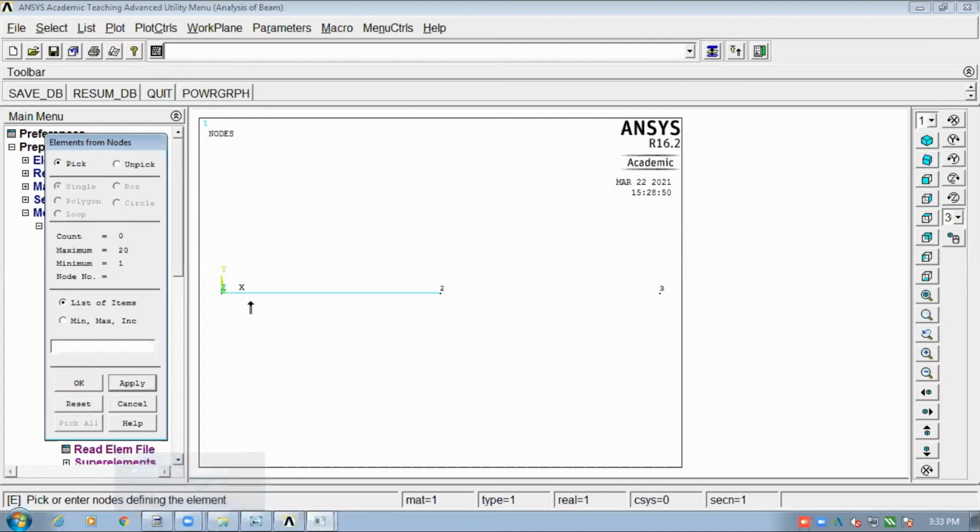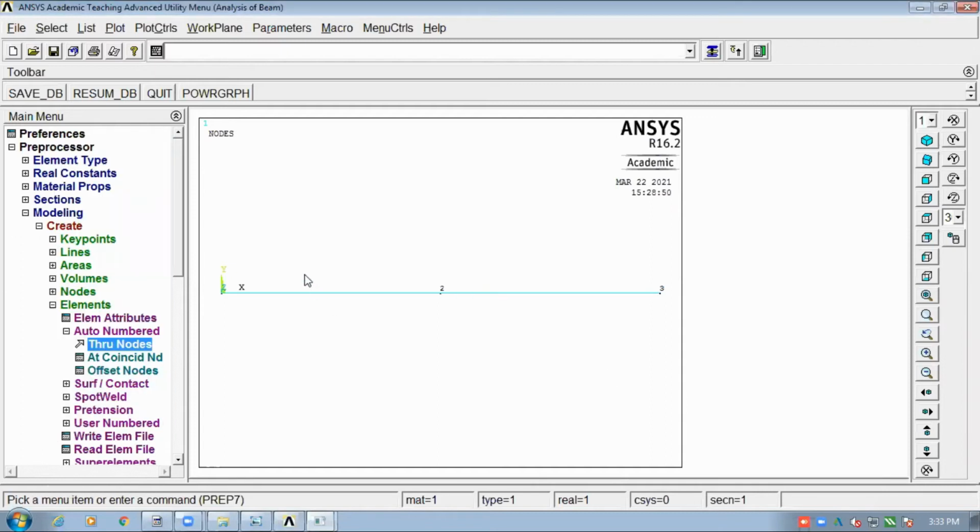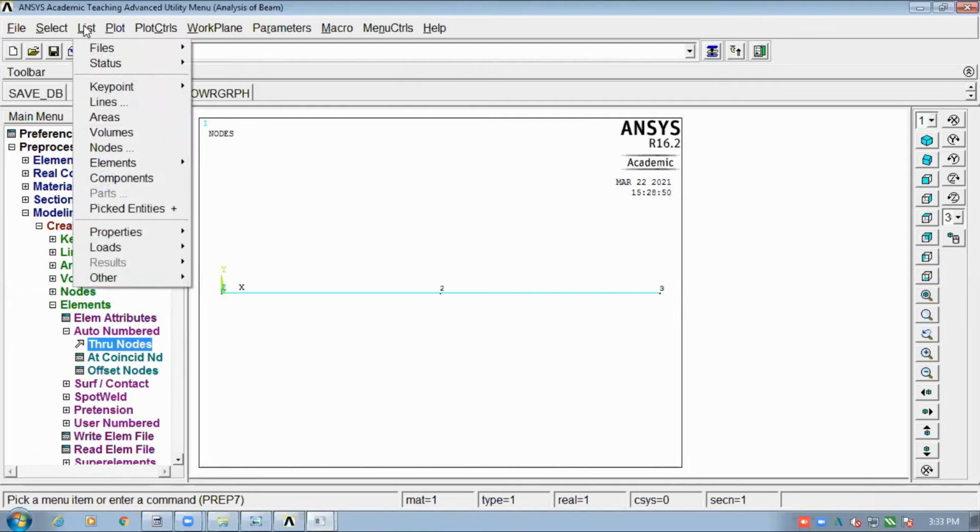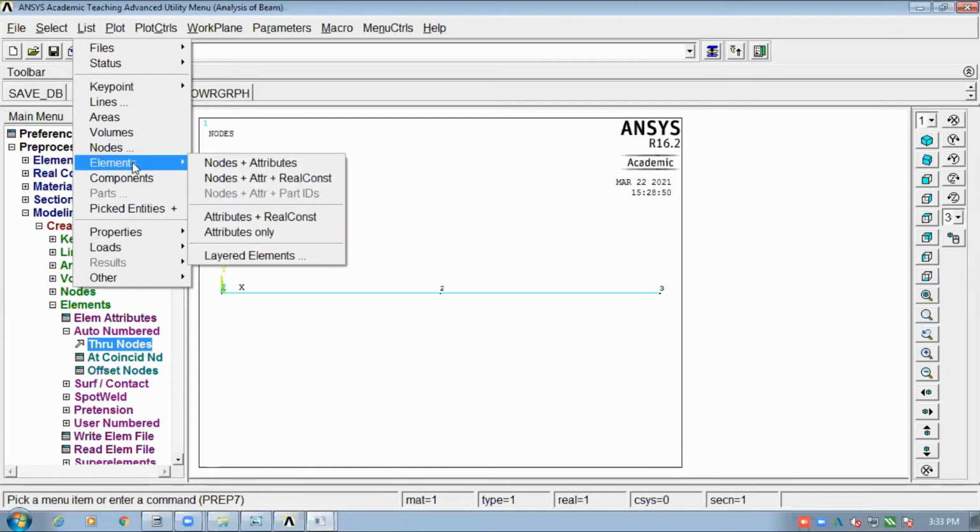Now again I need to repeat what I did for element number 1, right? So here again no node number is selected, the count is 0. Now I will select here. When I select here, node number 2 is selected, but only 1 node is selected, right? So now again I will click on node number 3. So node number 3 is selected and total 2 nodes are selected, right? So I will say okay, right? So these are the elements formed. Right? If you want to see, same like nodes, we can also see for elements, right?